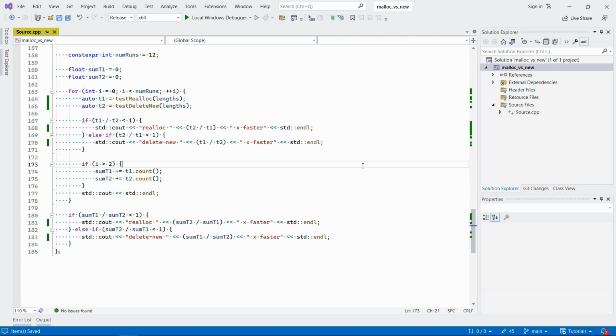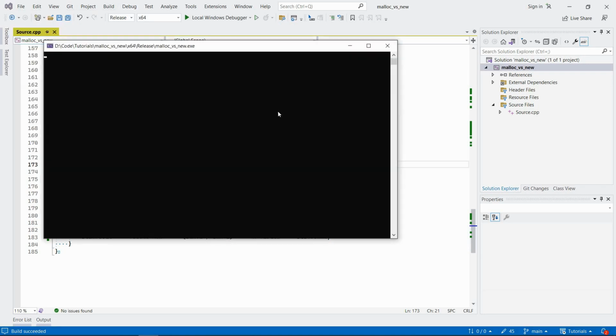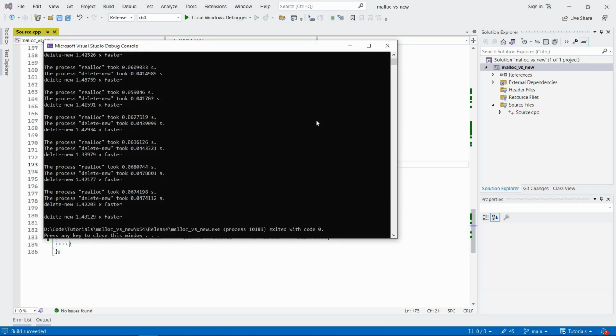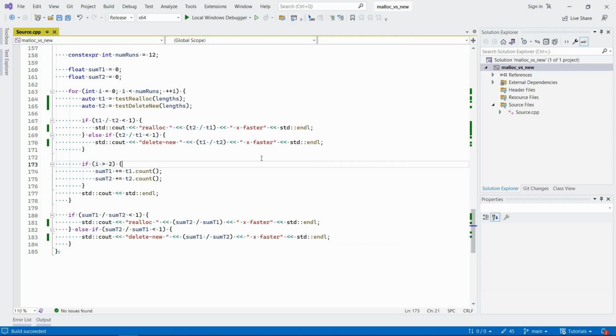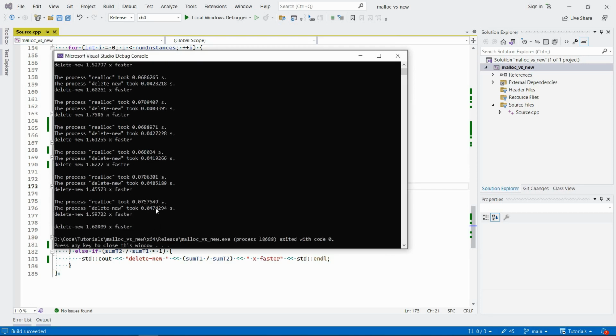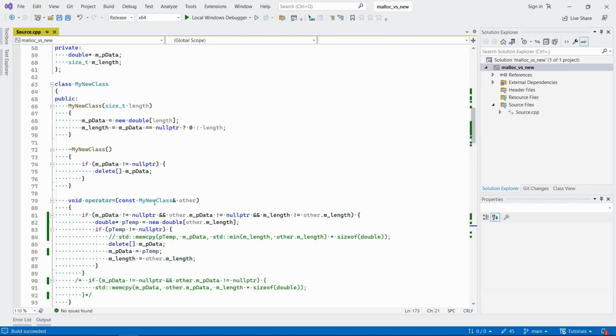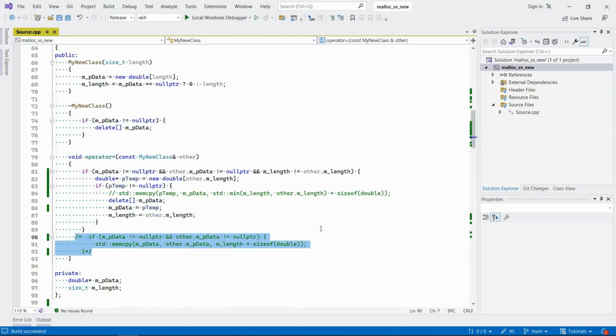So let's run it and see what happens. As I said, delete new, in this case, this approach is noticeably faster. Let's run it again. And again, we have this performance difference. So the delete new approach seems to be faster in this case. But let's say if we were to copy this data,